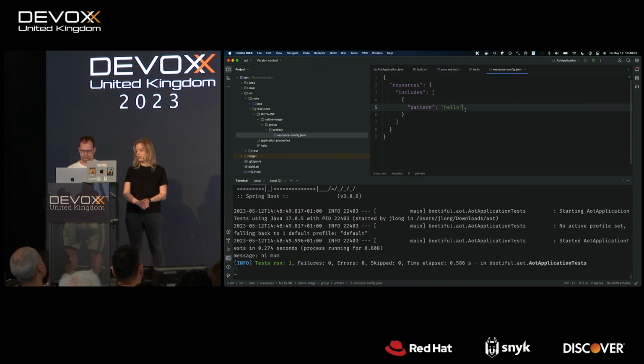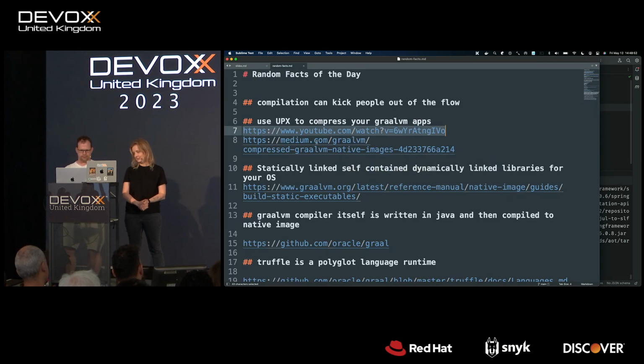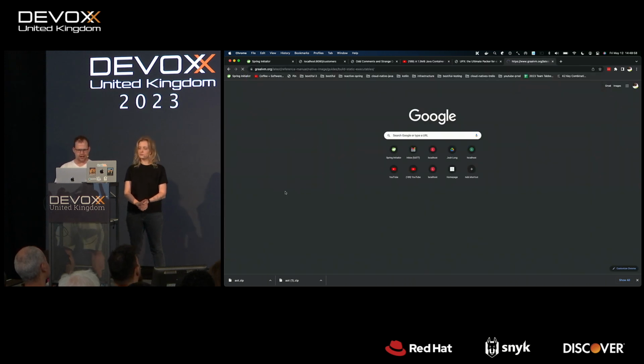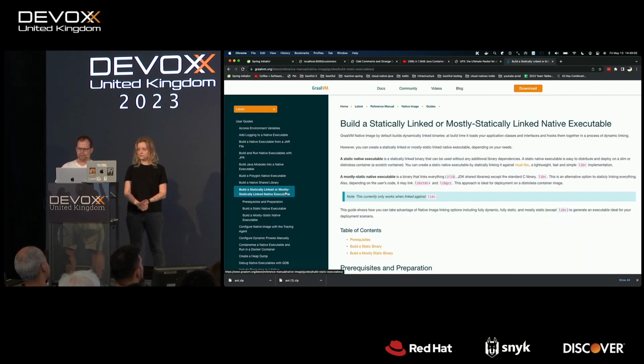And should we go back to our random facts? Yes. OK, static. So this is the other thing that I don't think people have gotten to appreciating just yet, which is that you can build statically linked, or mostly statically linked, native executables using GraalVM. So we're building an application, right? And we're using Spring and all this good stuff.